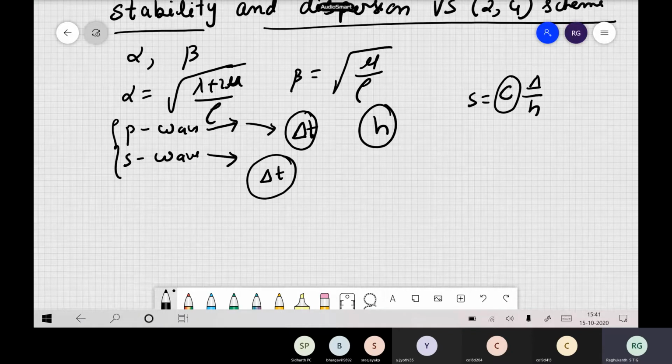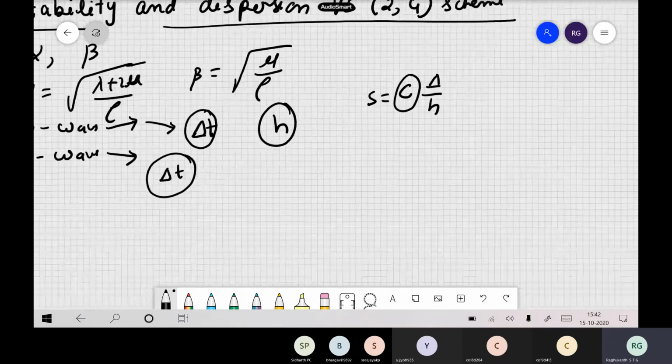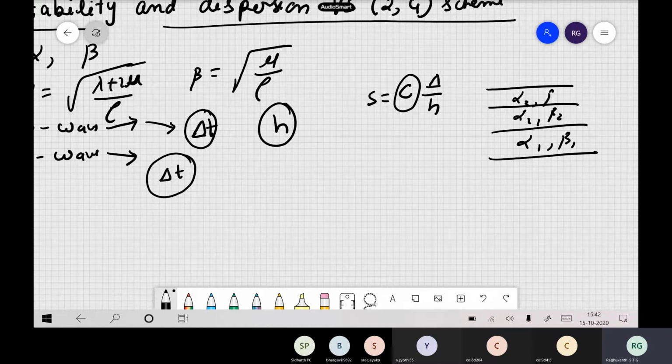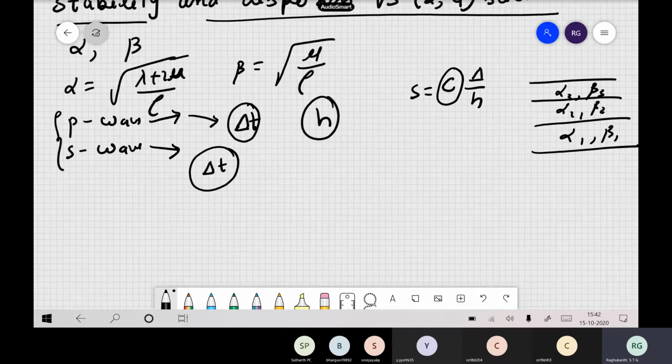So how do I choose my delta t and h when I have waves which travel with different velocities? This becomes a very, very important problem. Not only this, suppose the material properties are changing, for example, I have a layered medium. Here I have alpha 1, beta 1, alpha 2, beta 2. So you have several material velocities possible. How do I take a decision? That is the most important thing one should understand in 3 dimensions. But a layered medium is easy, so we will go for only one layer. I have only two waves, alpha and beta. Let us just see this quickly.